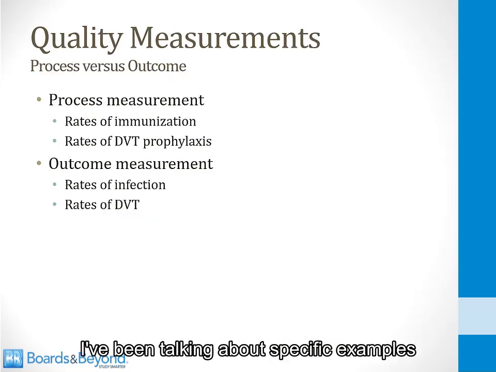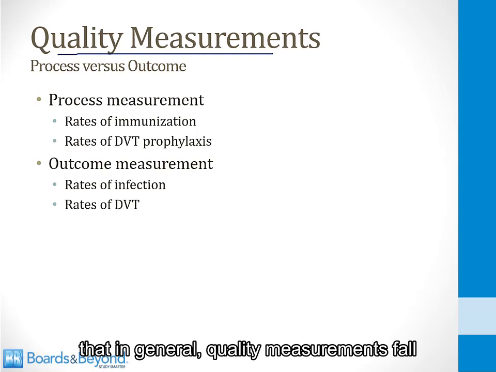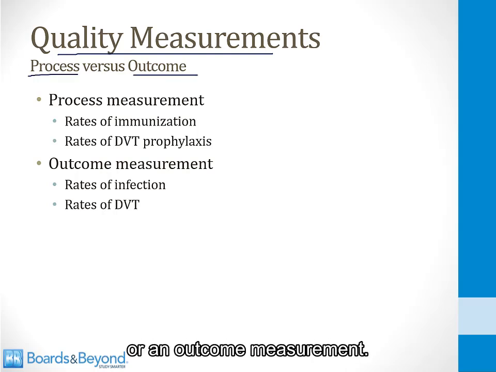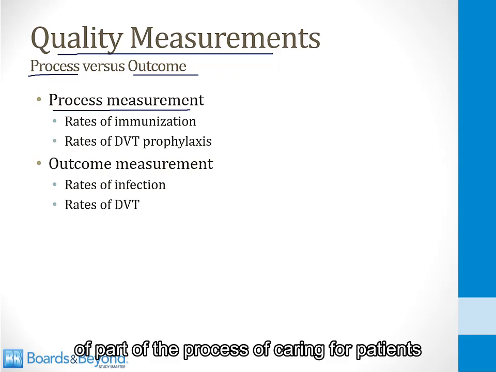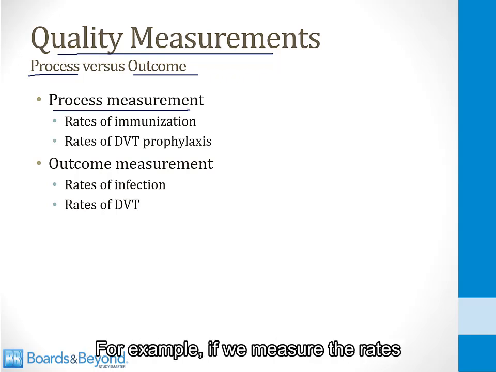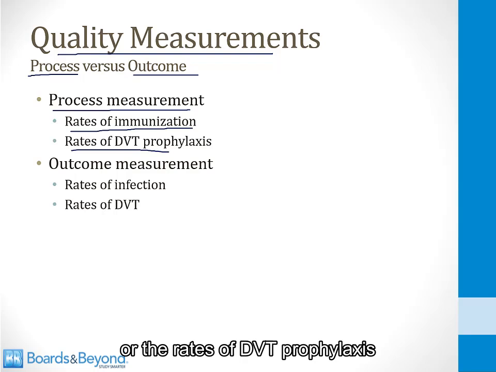For the last few slides, I've been talking about specific examples of quality measurements, but I want to point out to you that in general, quality measurements fall into one of two categories. They can be either a process measurement or an outcome measurement. A process measurement is a measurement of part of the process of caring for patients that leads to good outcomes. For example, if we measure the rates of immunization of patients in our hospital, or the rates of DVT prophylaxis